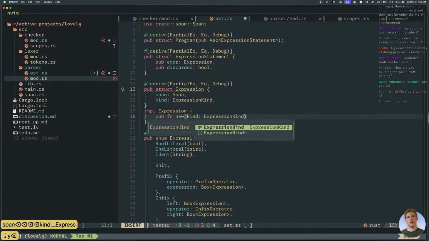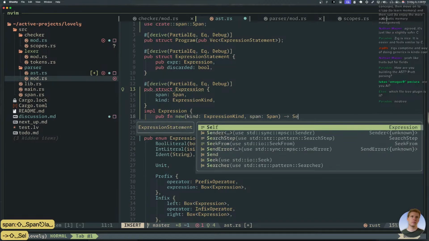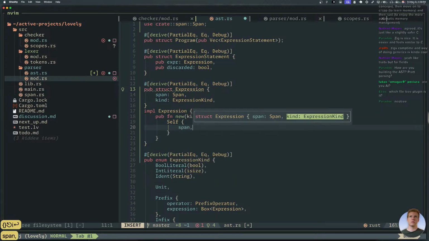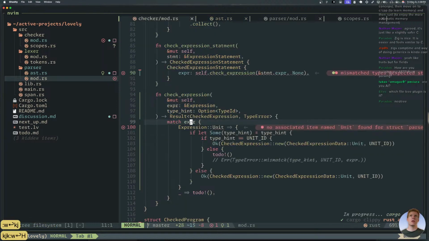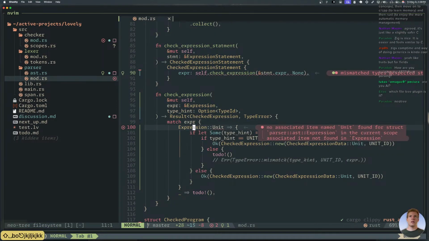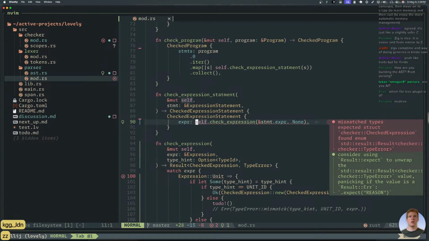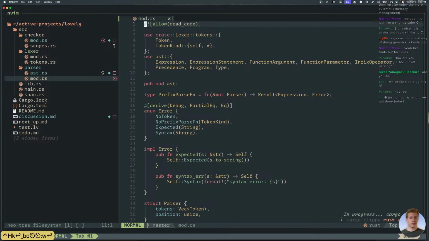ExpressionKind, and then span will be a Span, and then we'll just have a self, kind of like that. Alrighty, okay, and then where's the first one? Oh, that's the wrong file. I want this one. Nope, this one. NeoTree, yep.